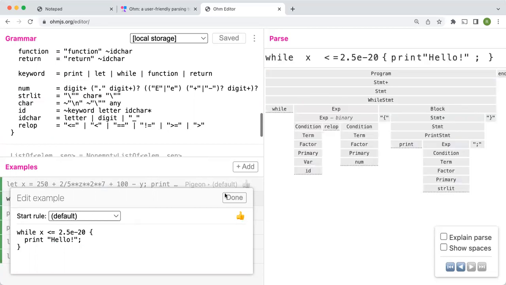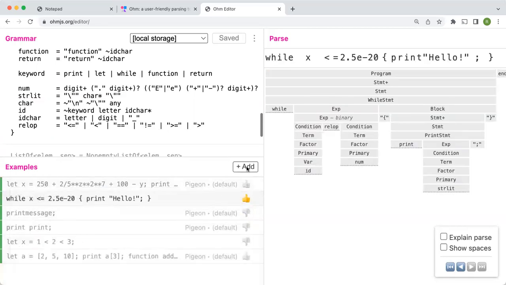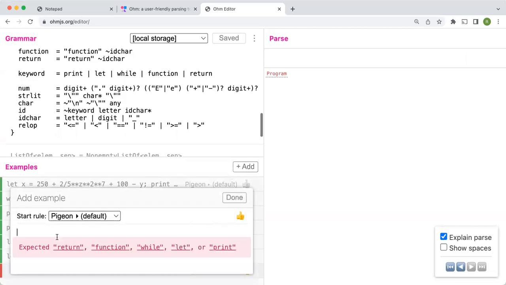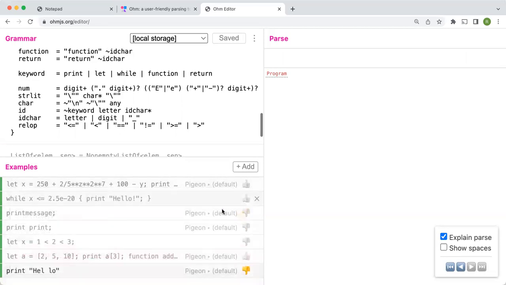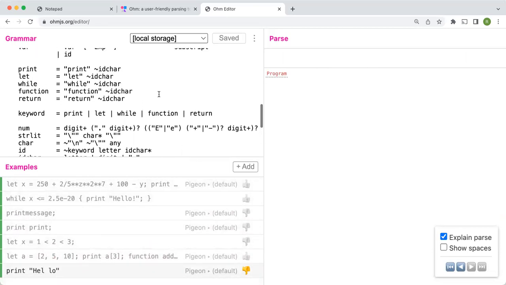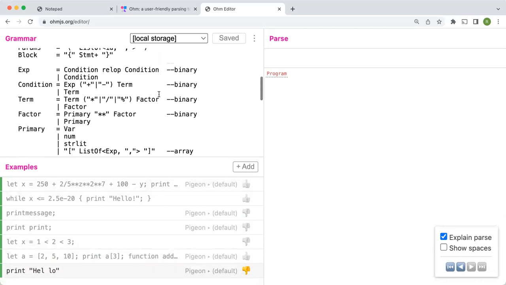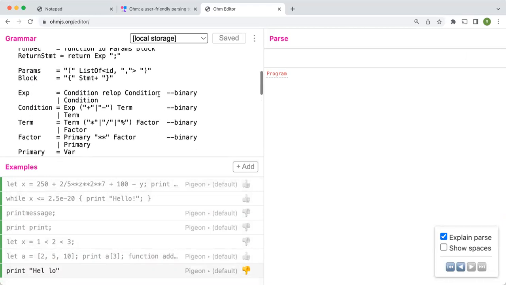So we should probably have tests for those things. We should probably add in a test that says print HELLO, and we do not want this because the new line was in the middle of it. So let's just have that test in the mix. Okay, we have strings, we have numbers, we have arrays, we have functions. Oh,